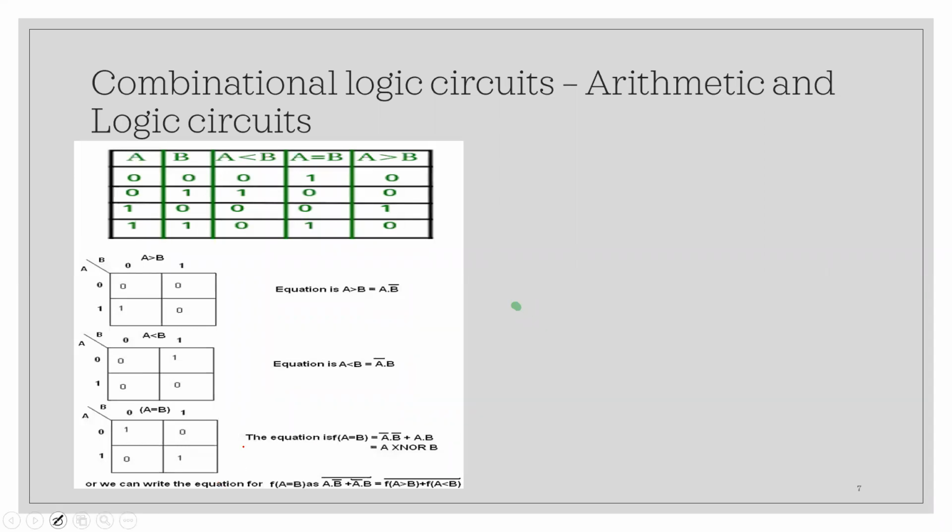So you should be careful and remember all these things. Here, the expression is written for the last table. When I reflect it again, it is A XOR B, its inversion. So it is XNOR.